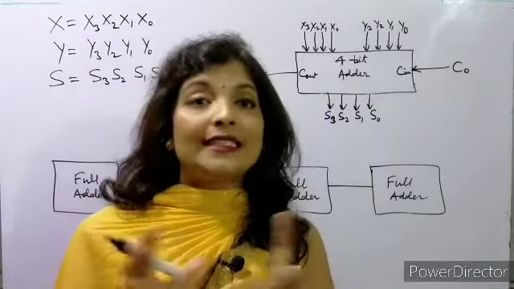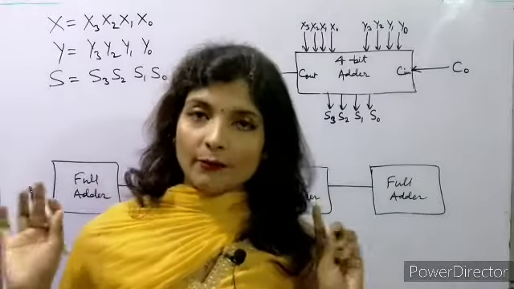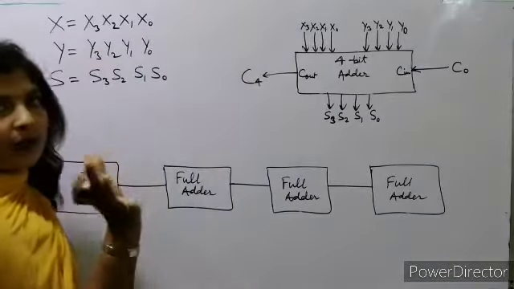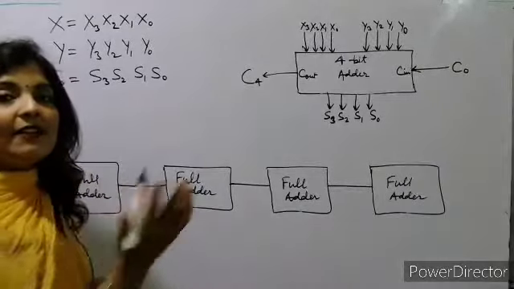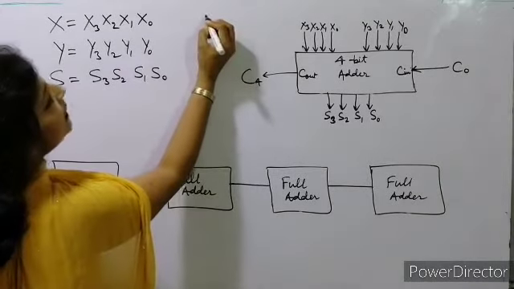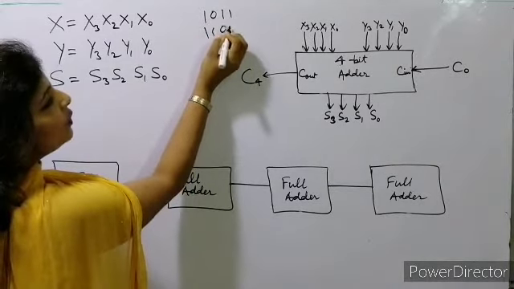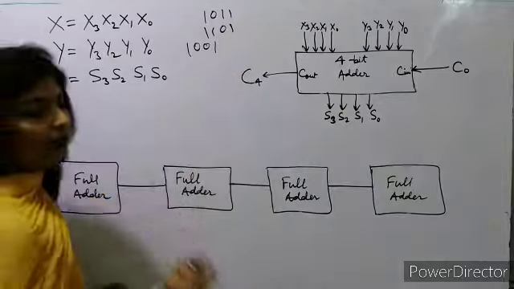Okay, this is a 4 digit number. Similarly in binary, when we are taking 4 bits, we call it a 4 bit binary value. Like x is a number, we have taken 4 bits, so a 4 bit binary value is a binary number, which can be anything like 1011, or 1101, or 1001, any 4 bit number.